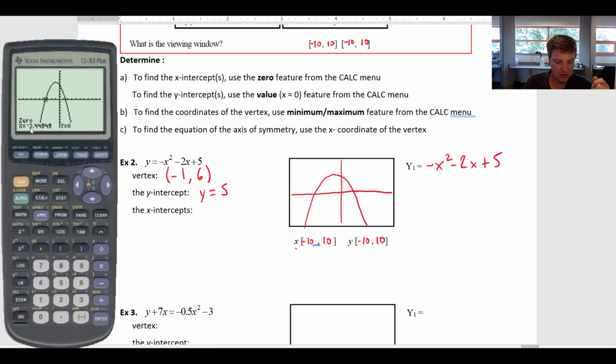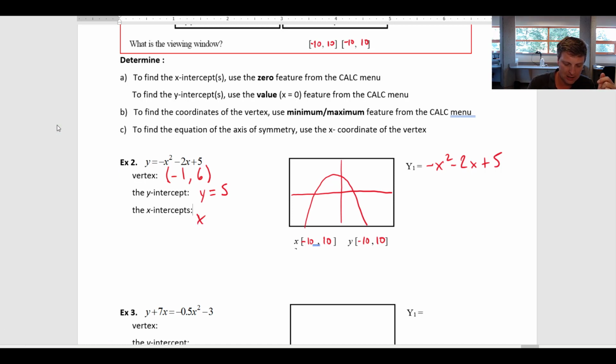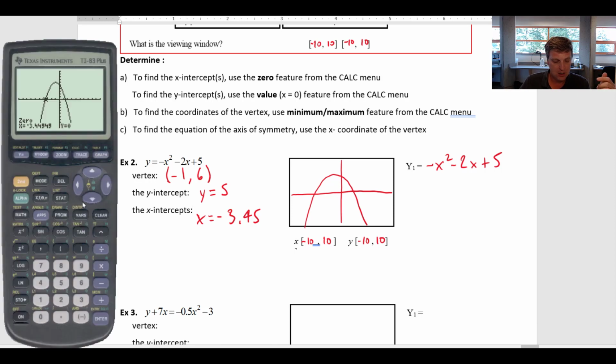x equal to -3.449. Now again, I'm just going to round that off to a reasonable number of sig figs. So one of my X-intercepts happens at x equal to -3.45. Now I'm not done because I've got another X-intercept value, so I'm just going to go here, go to 0,